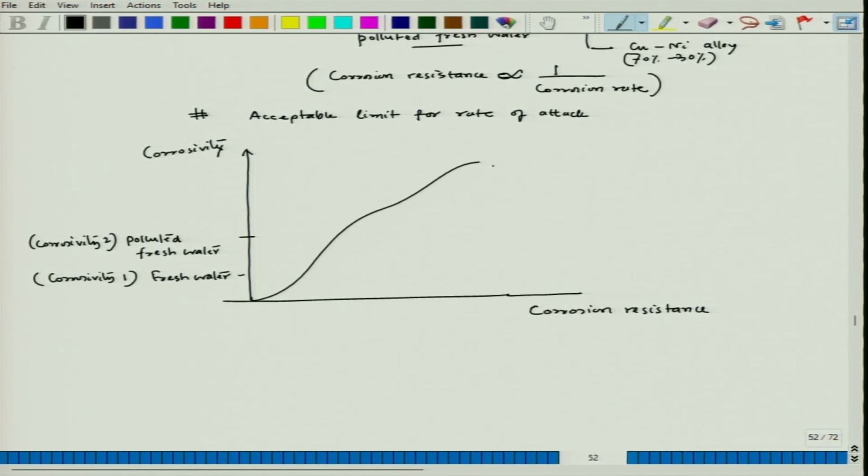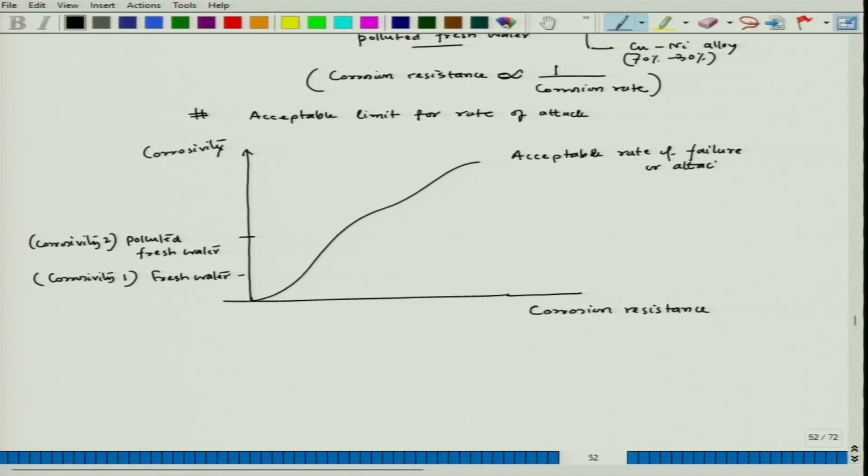It is a kind of random graph depending on the analysis done at lab scale, of the corrosivity of the medium as well as the corrosion resistance of different materials, and then we put those in a graph form. So, this is basically the acceptable rate of attack, rate of failure